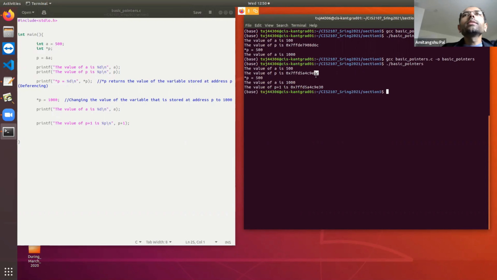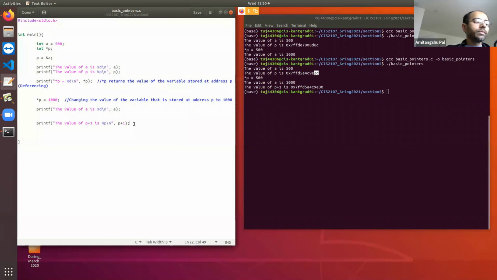In hexadecimal format, the values vary from 0 to F: 0, 1, 2, 3, 4, 5, 6, 7, 8, 9, and instead of 10, it is A, B means 11, C means 12, D means 13, E means 14, F means 15.